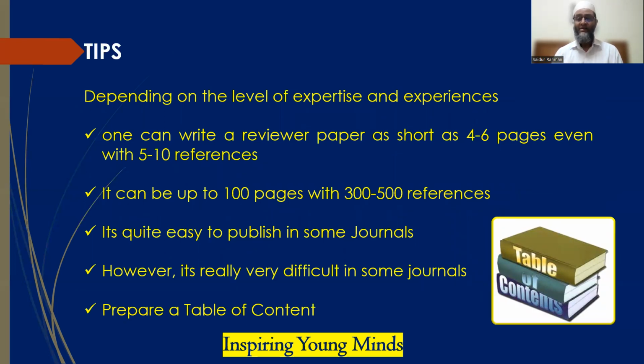In our society there are some people who are very harsh, very strong, very negative, whereas there are some moderate people, some mild people. It's also like that in the scientific community. Some journal editors are extremely harsh, some are moderate, some are very easy. These are also needed for our sustainable growth, because if a paper is rejected 10 times, 15 times, we will die. So to avoid that, we need to know some of these tips.